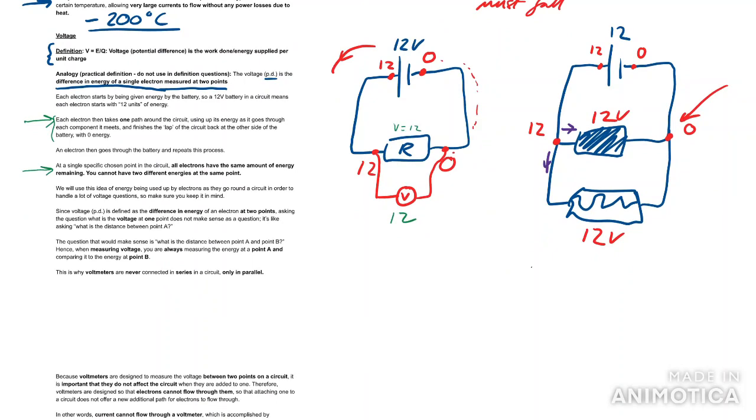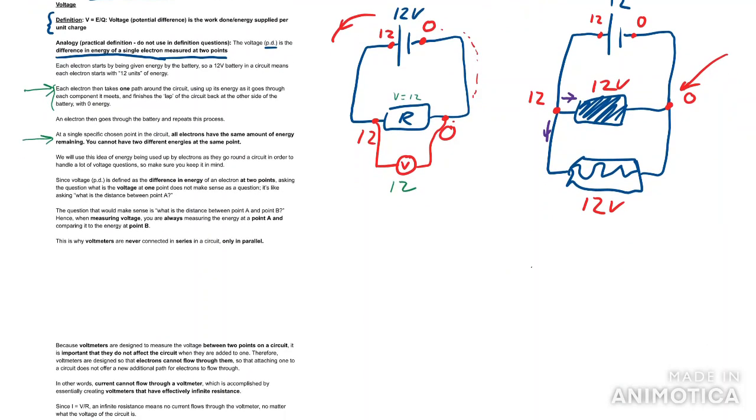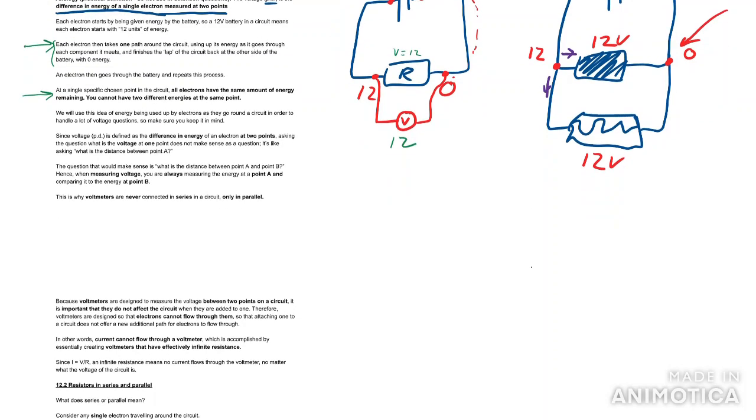The other thing that's useful about this approach is we know that voltage is defined as the difference in energy of an electron at 2 points. So if I ask the question, what is the voltage at the point A? That doesn't make any sense. That's like asking the question, what is the distance between point A? It doesn't make sense because it's defined as the difference between 2 points. And so you are always going to be measuring voltage as a difference between point A and point B, which